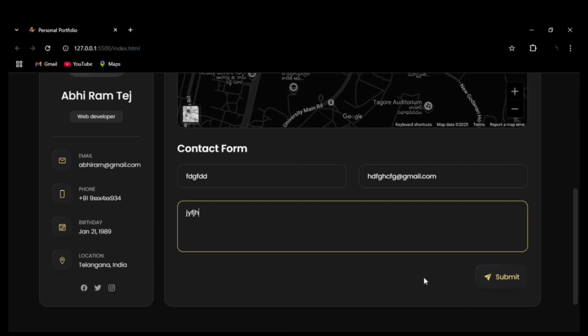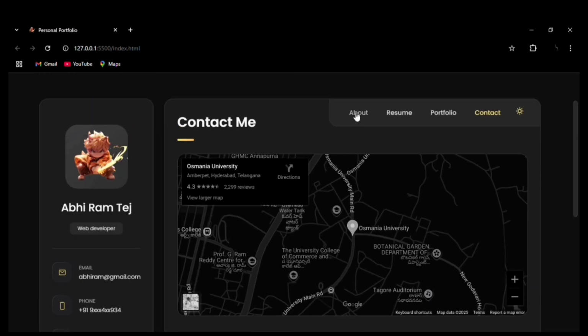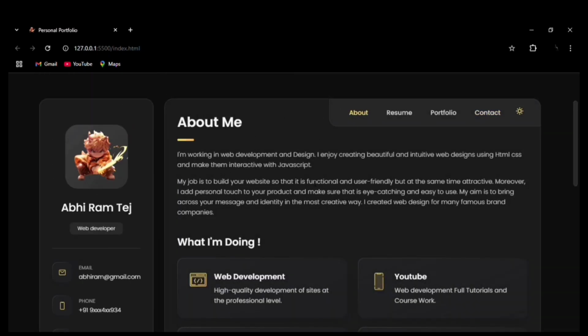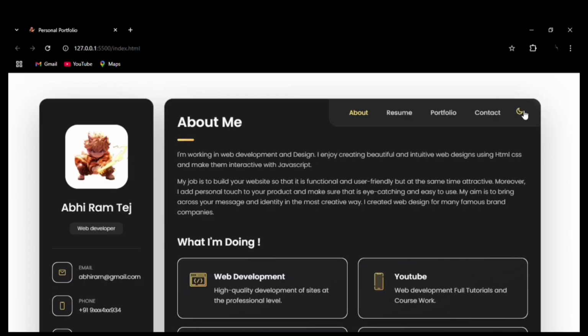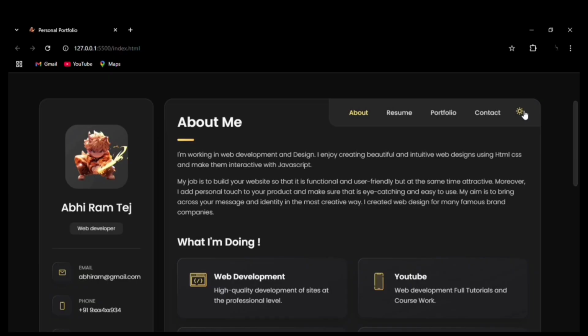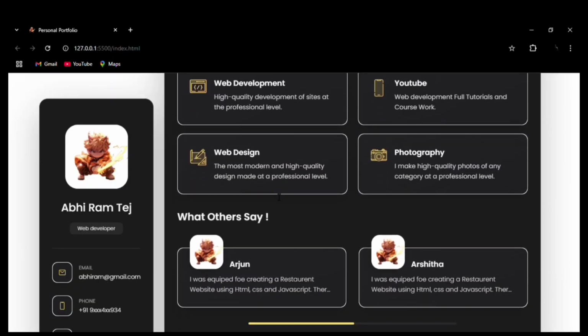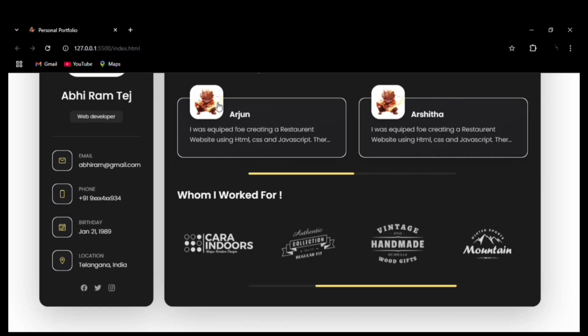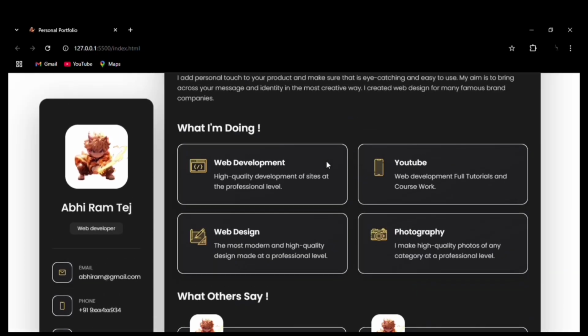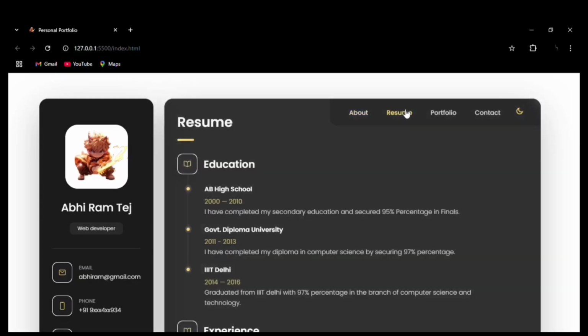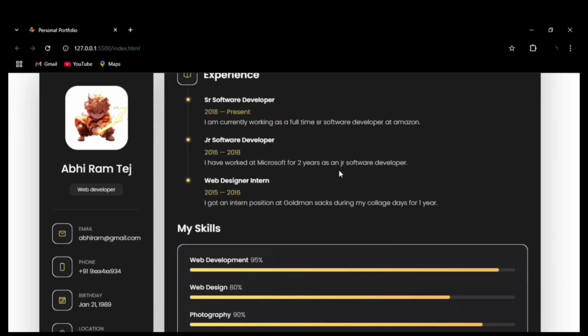And you can change the light mode to dark mode by using this icon. By clicking on this icon, you can move from light mode to dark mode. So now this is the light mode. You can see in the website the background and border colors have changed to pure white. Next we can go to the resume section. You see the border effects,